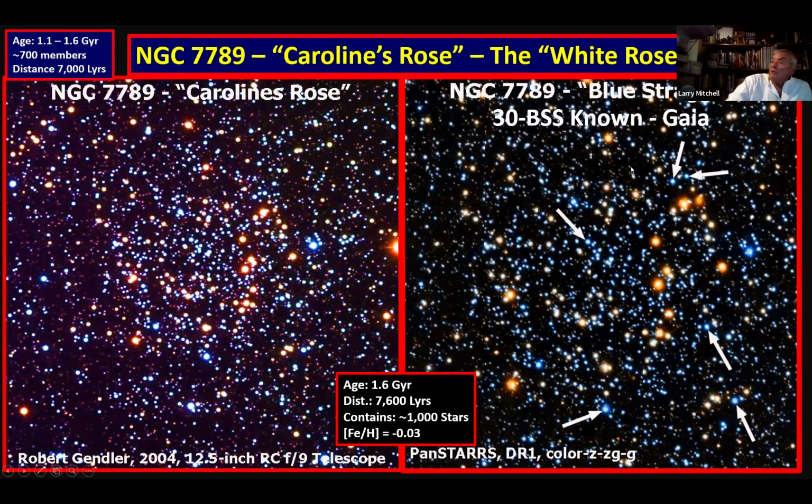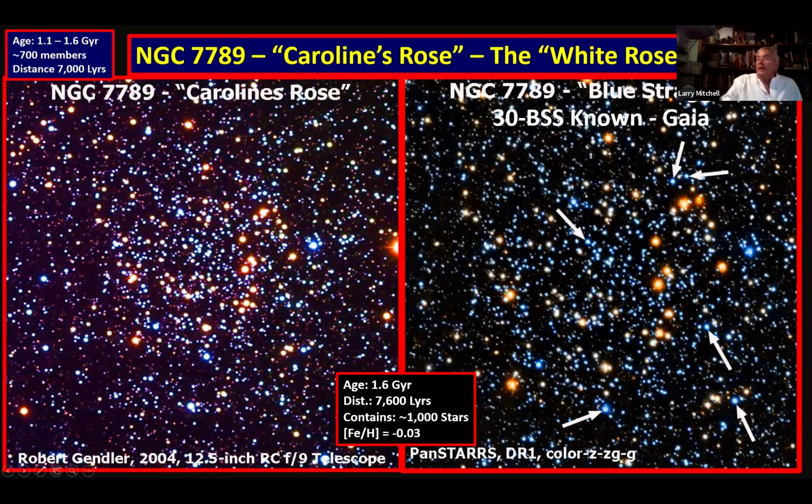This is probably my favorite open cluster, NGC 7789. It's called Caroline's Rose because it was discovered by Caroline Herschel back in the 1780s. And it is a very rich cluster, as you can tell. It's also a very old cluster at 1.6 billion years of age. It contains approximately 1,000 stars, and it is famous